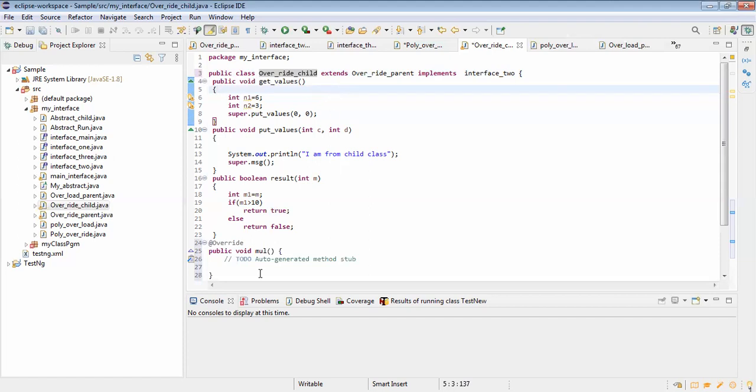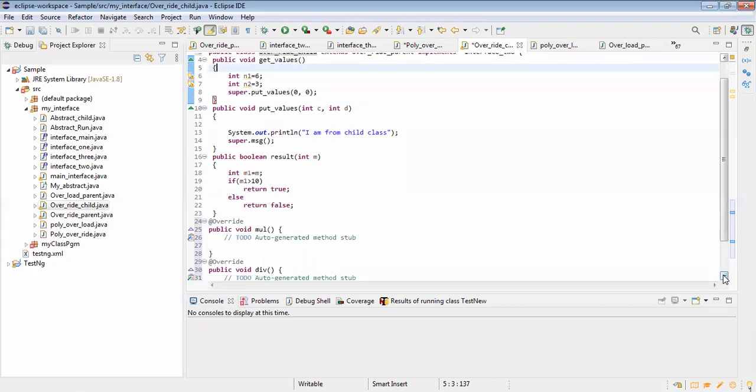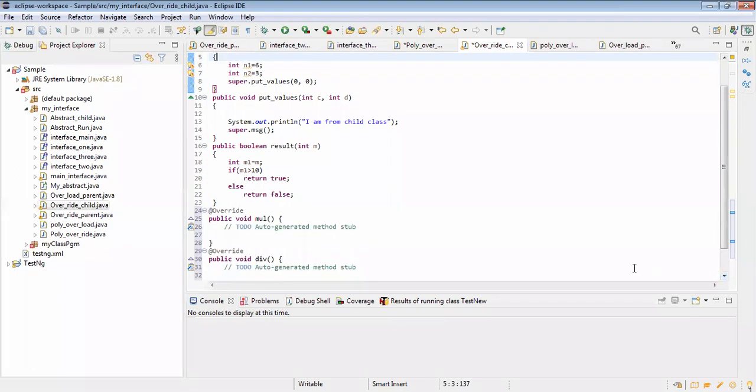Okay. Now, in the override child, how many methods are there in total? The implemented interface ones, the parent ones and the child ones.